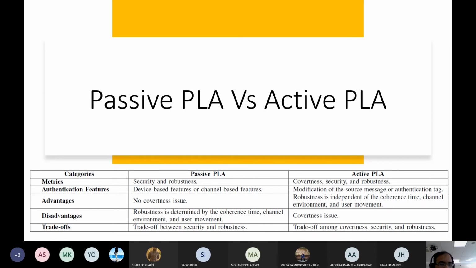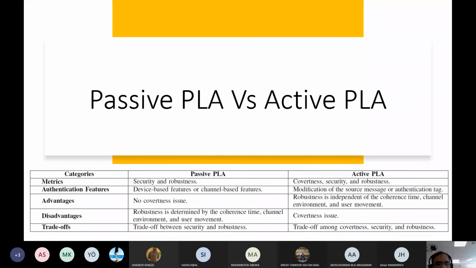The advantage is that the covertness issue is not there. You don't need to change your normal communication at the transmitter. Another point here, as I explained earlier, is channel variation. We are sensitive to it. We have to consider the channel coherence time and this kind of thing.